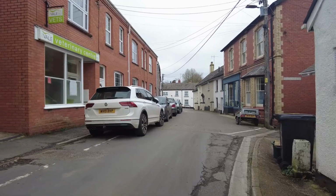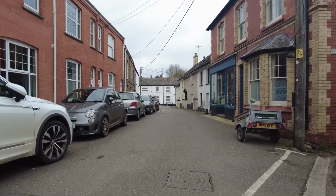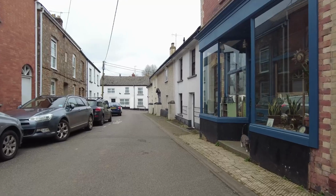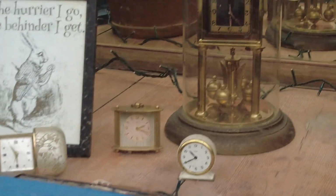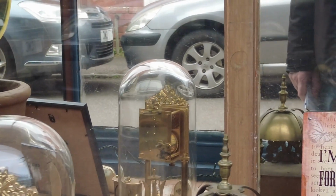And you can see the shop fronts and stuff that were here. This one on the right is particularly interesting. We've got a cat who's obviously quite interested too, and hello. Hello then. Hello. How are you? So we have a cat here who is sort of saying hello, but this window is quite interesting because